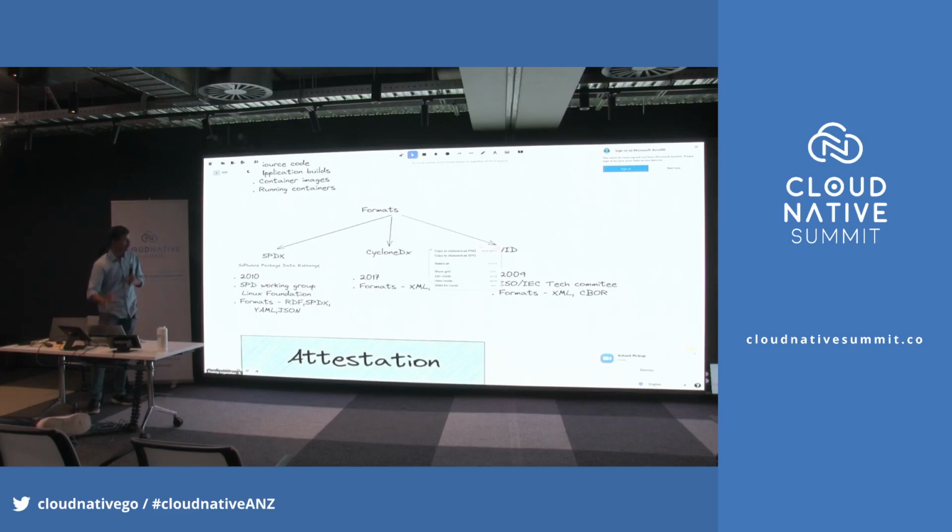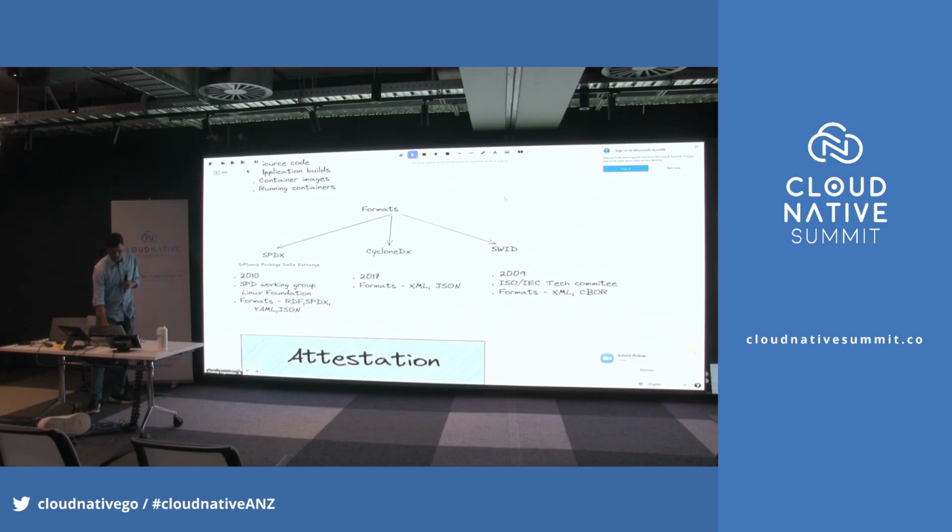Okay, and there are various ways to generate them. For example, Syft is an open source tool that can be used to generate these specifications, and there are a bunch of other tools also coming out which allow you to generate them. Microsoft has right now come up with a tool to generate SBOMs. Docker Desktop is a tool to generate SBOMs. So a lot of organizations right now are building tools to generate SBOMs.